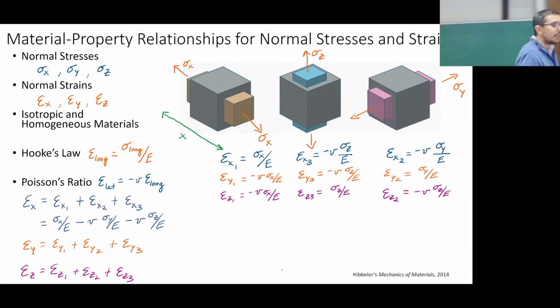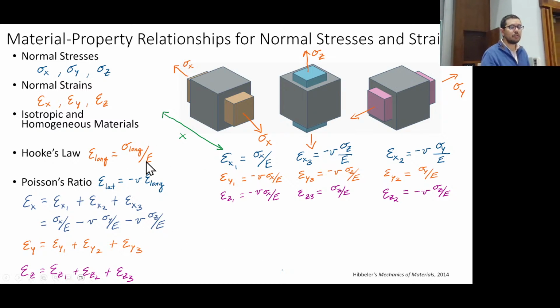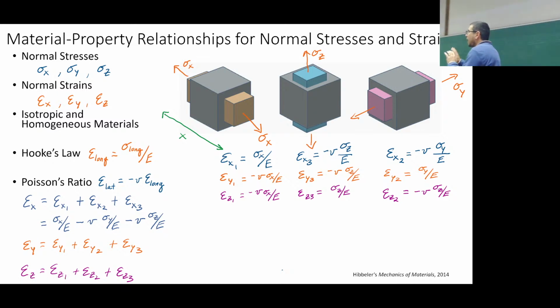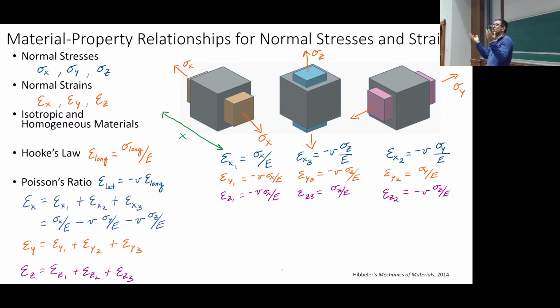So, is it true that Hooke's law is still valid? Yes, of course. But Hooke's law, the way we wrote it out, applies to the very specific case where it's uniaxial loading. What does uni mean? One. Axial, along the axis. So with Hooke's law, you have to be careful. Sigma equals E epsilon is this universal beauty, but it's really only for uniaxial loading, which is quite relevant to a lot of the problems we do